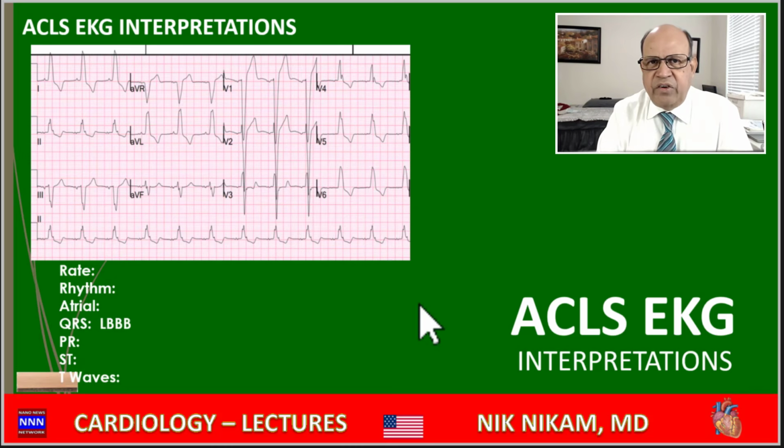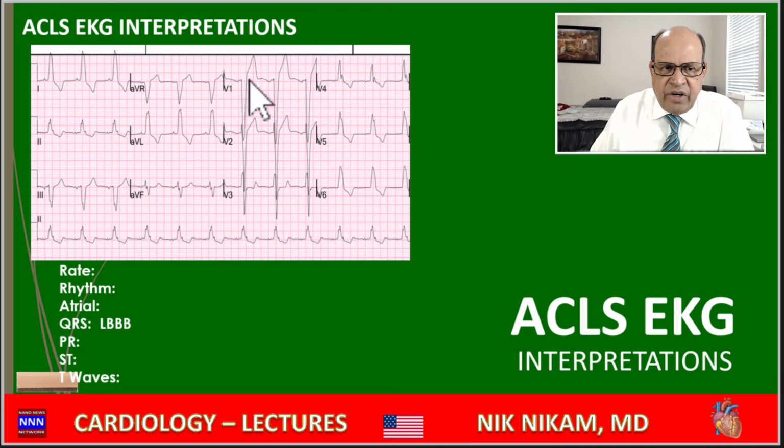Sometimes we can see patients with ST elevation which may look like an acute anterior infarct. You've got hyperacute T waves, you've got ST elevation, but we need to look at the underlying electrocardiographic changes. If you look at the QRS complex, we have a left bundle branch block with ST depression and T wave inversion in the anterolateral leads. When we have these changes, it is not uncommon to see ST elevation and tall T waves in the anterior leads.